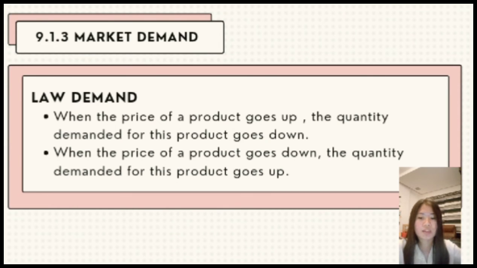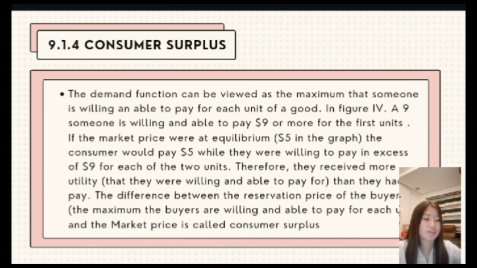Law of demand. When the price of the product goes up, the quantity demanded for this product goes down. When the price of the product goes down, the quantity demanded for this product goes up. Ang dalawang law of demand na ito ay umiikot lamang sa pagtaas at pagbaba ng price and demand. Tulad ng, just for example, sa pagtaas ng produkto ng langis. So, tumataas din yung